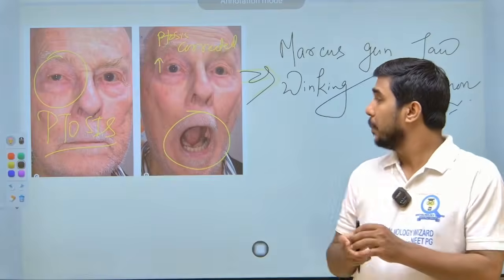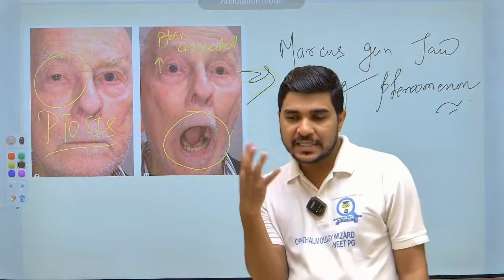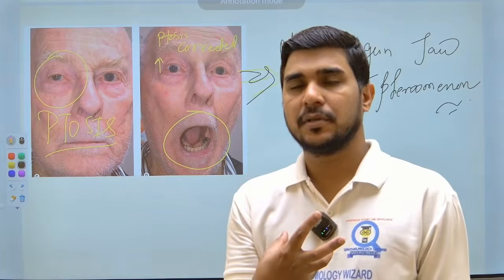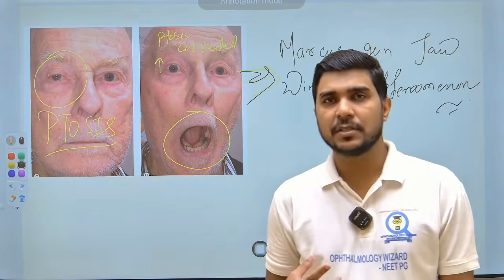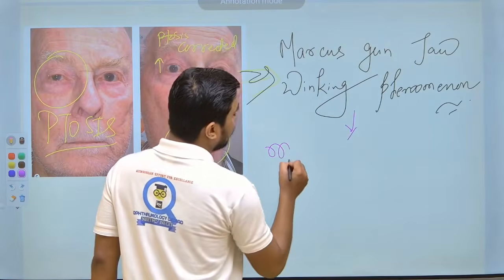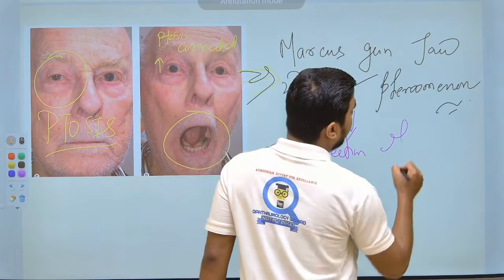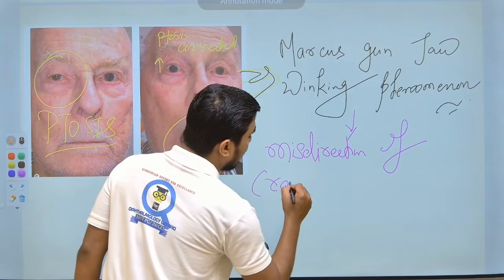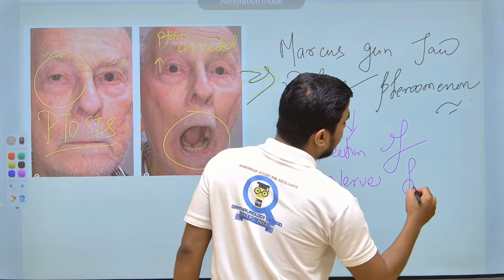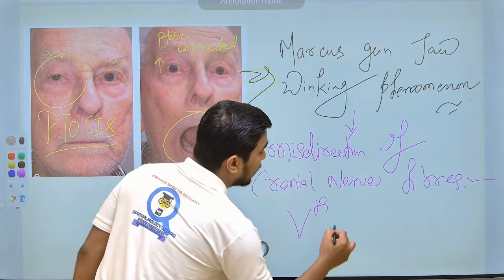क्यों हो रहा है ऐसा? Patient open कर रहा है mouth, means our pterygoid muscles is being something happening. So basically, what is happening? There is a misdirection of the cranial nerve fibers. Which fiber? So I am writing here, it is because of misdirection of cranial nerve fibers. किसका? फिफ्थ का